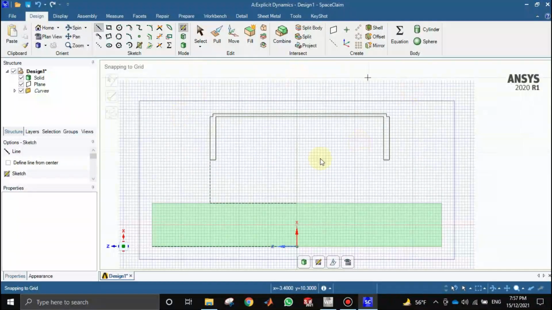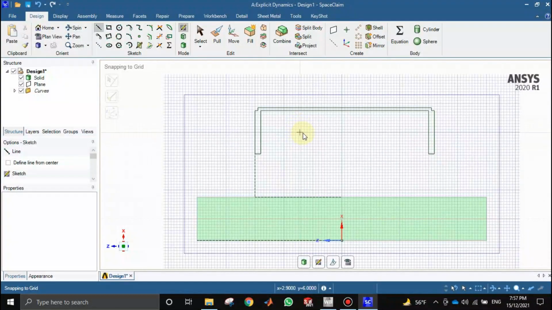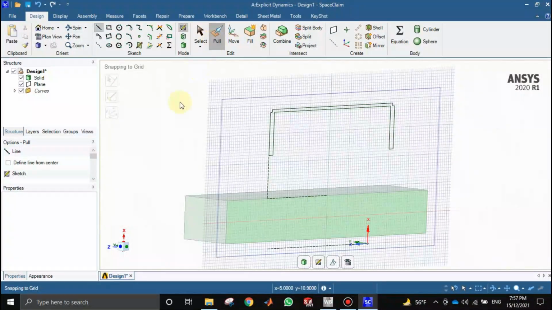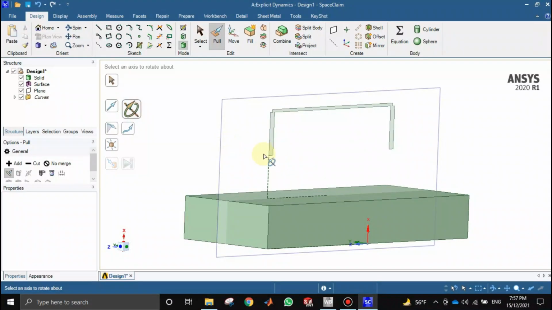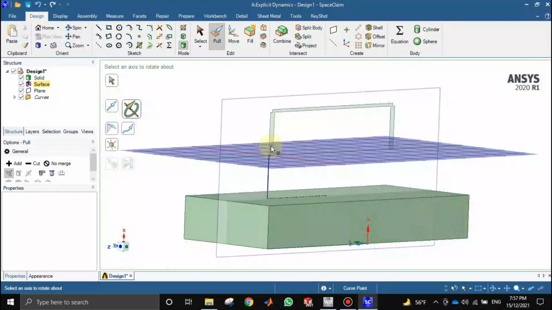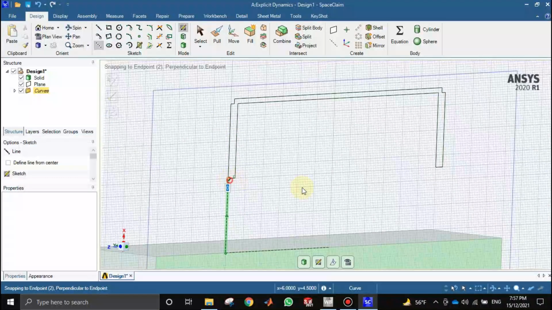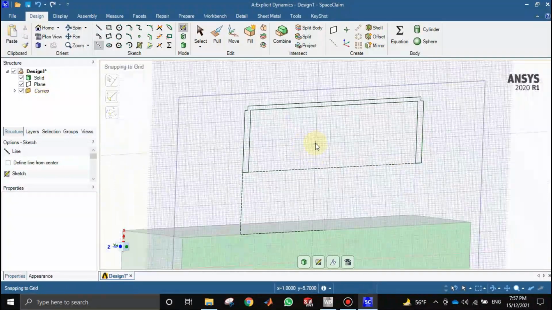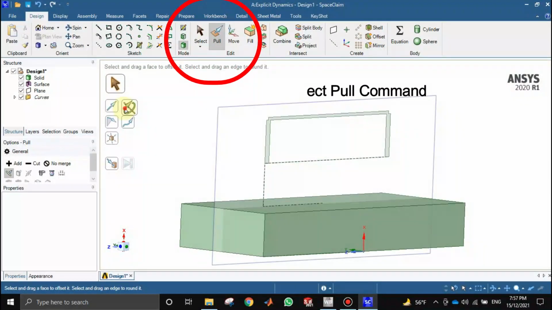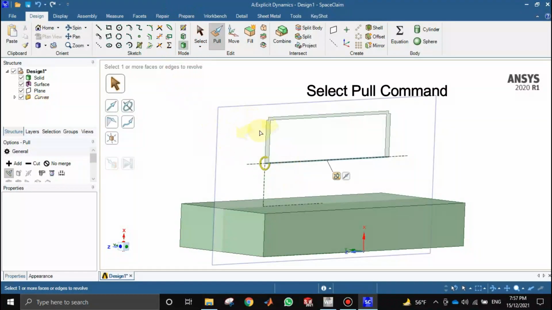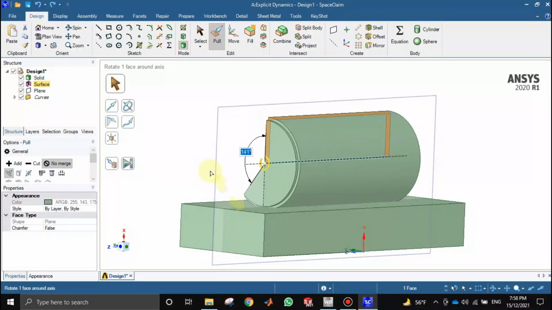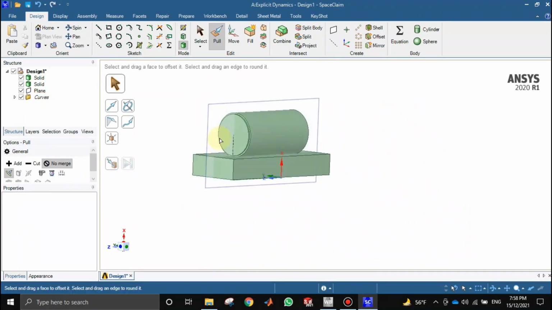Now that we have the sketch of the bottle, or you can say, soda can, we will use revolve command. Go to the pull. First of all, we also need to define our axis here. Take a construction line and join these 2 points. Now you can select the pull command. We will revolve it about this axis, and this is the face, and then you can revolve it and set it to 0 degree. Here we go.